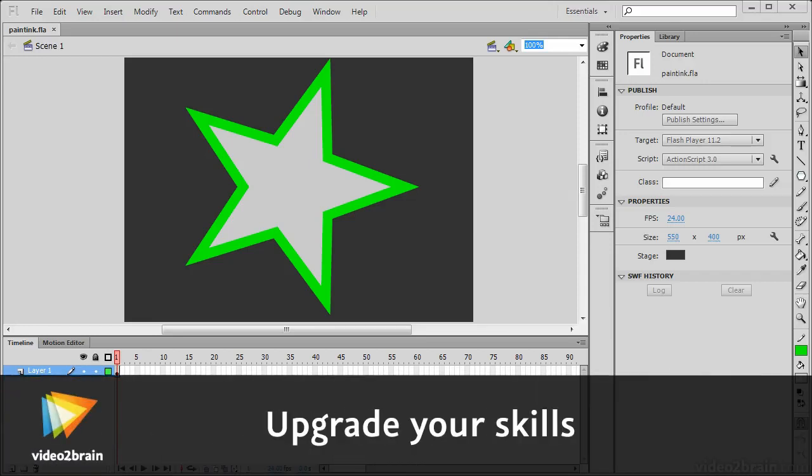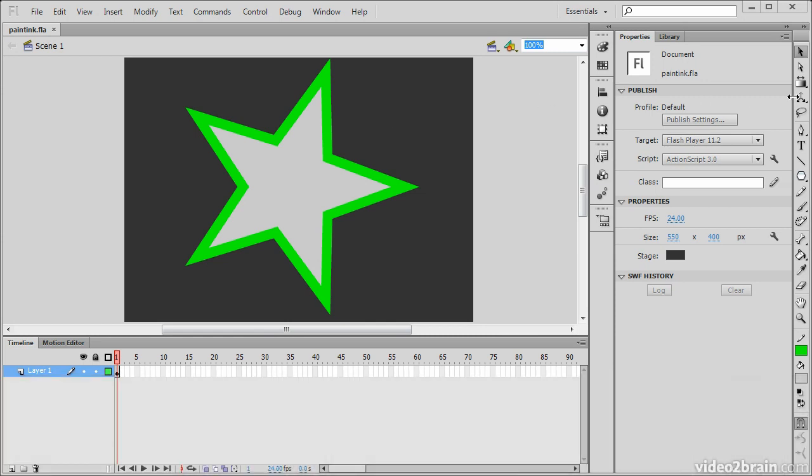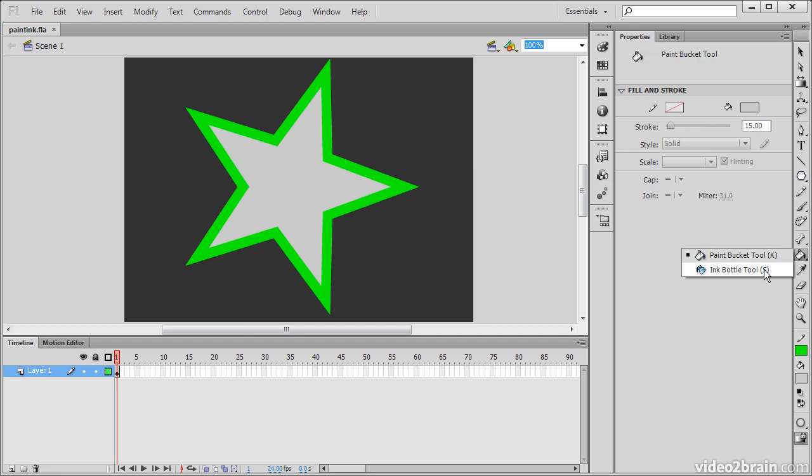This lesson describes the use of the paint bucket and ink bottle tools and demonstrates their use. So over here in the toolbar, I'm able to select either the paint bucket or the ink bottle tool. When I have the paint bucket tool selected, I'm able to go in and dump paint onto any shape objects